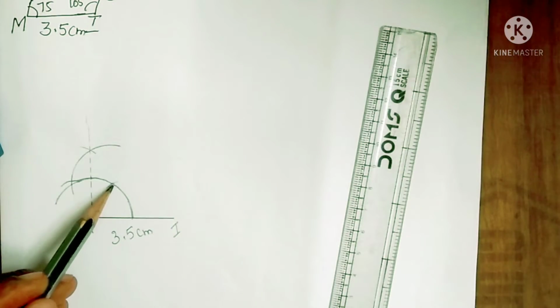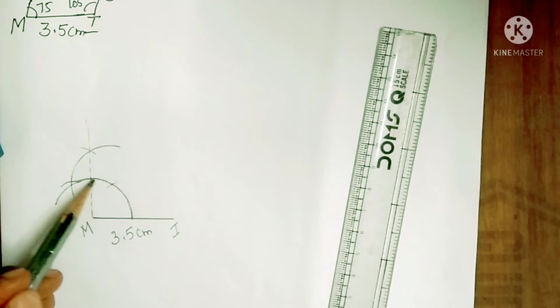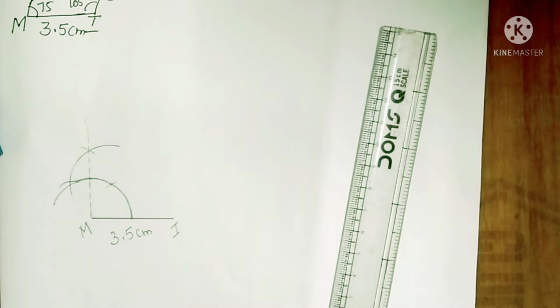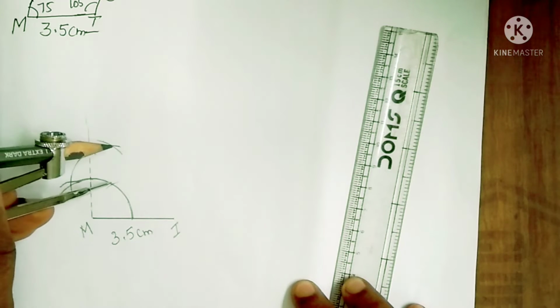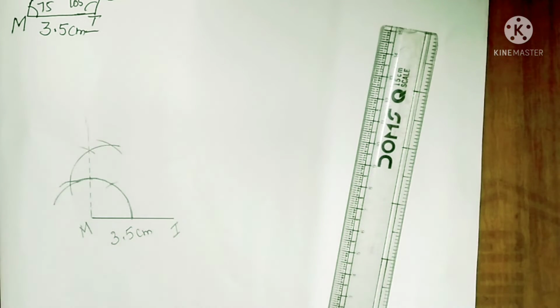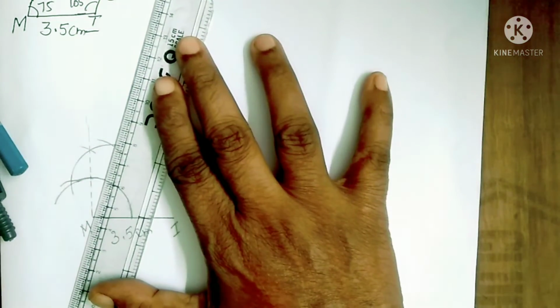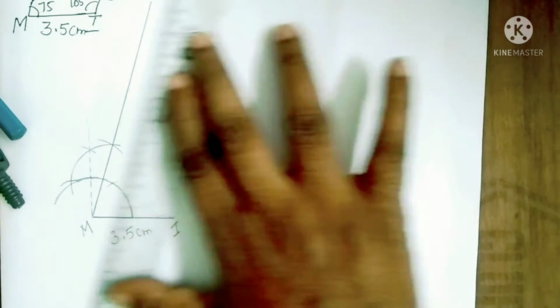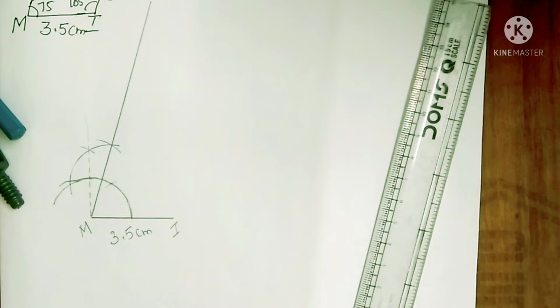Now see here children, this point shows 60 and this shows 90. So from 60 to 90 it is 30 degree. If you bisect 30 degree you will get 15 degree. So 60 plus 15 will be, this is already there, so no need to draw. So which angle did we get? 75 degree. Make it longer. On that side we do not have length, so keep it as it is.